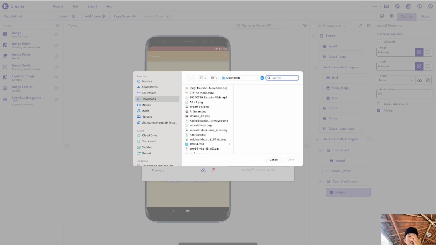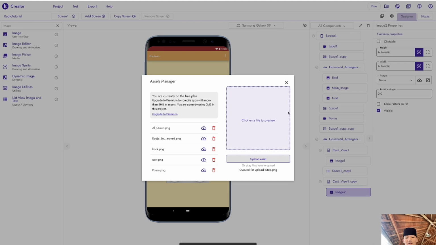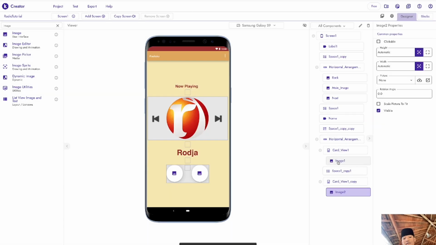I recommend looking for it on Pinterest. And the other thing, after pause, you need a stop image. Stop PNG. Okay. After you upload it, next, the first image you need to change from none to pause, and image 2 from none to stop. Now you have those buttons.